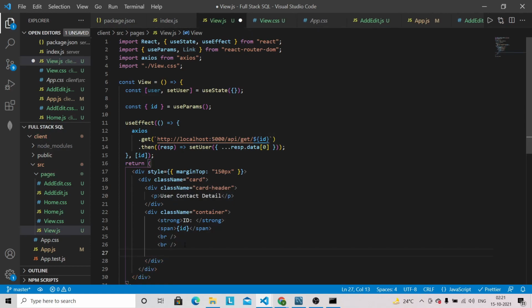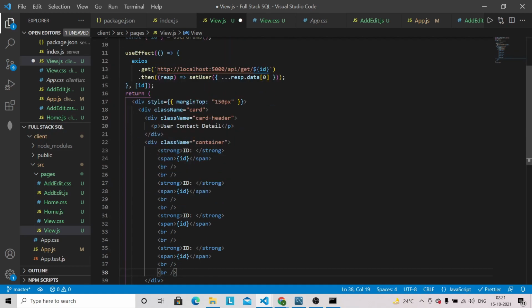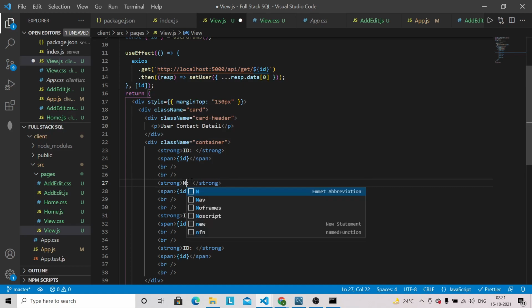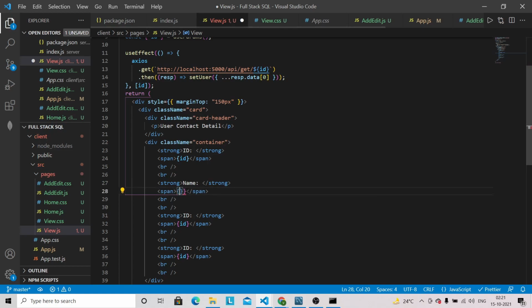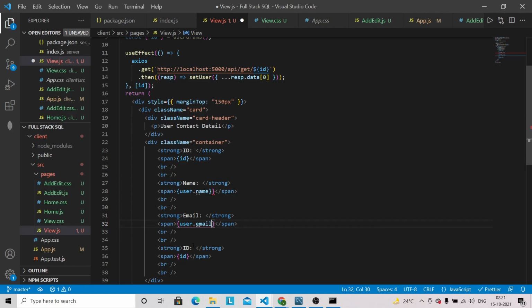Then I'm going to just copy this one a couple of times because we have to display the name, email, and contact. Okay, so this will be the name, and this will be like user.name, email, user.email, and this will be the contact.